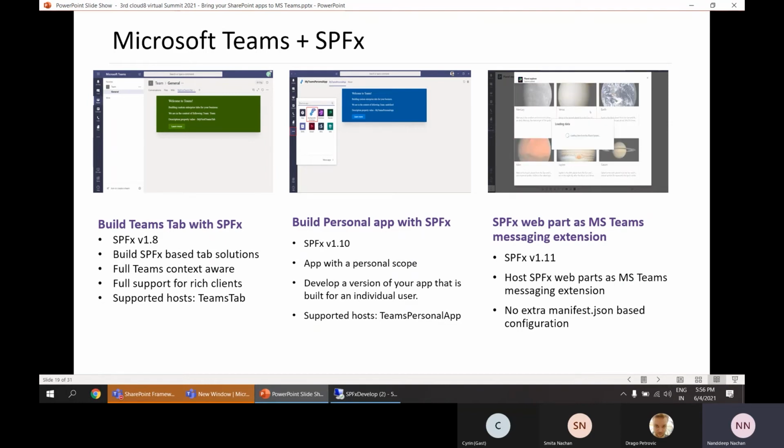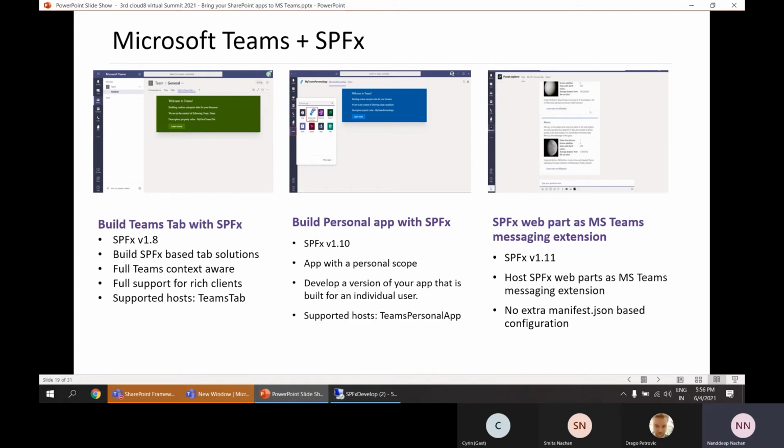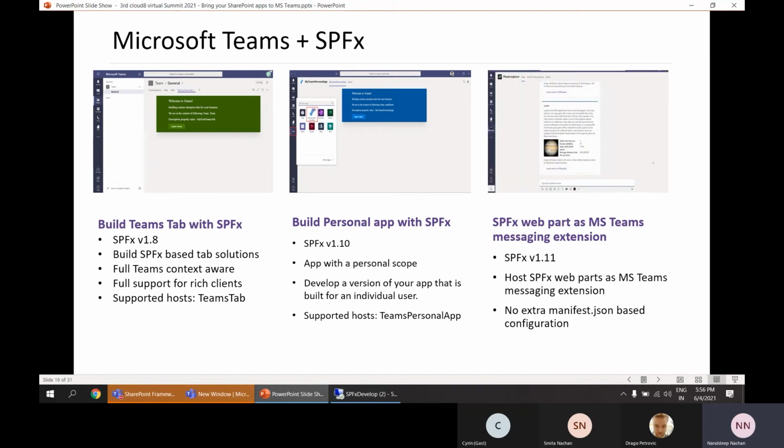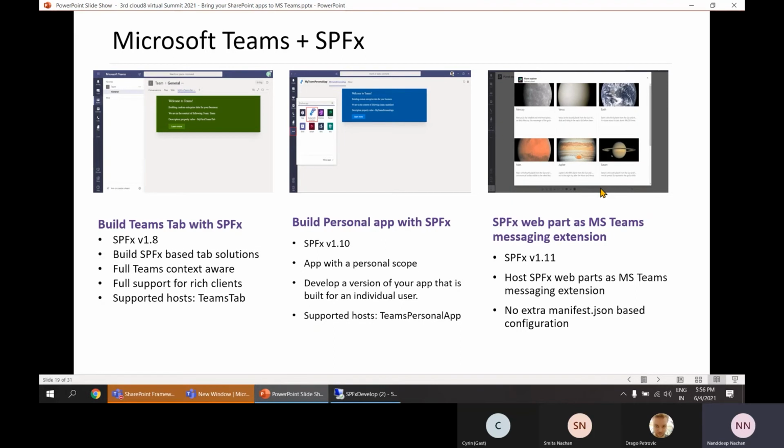So SharePoint Framework version 1.11 supports hosting our SPFx web part as a Microsoft Teams messaging extension. This offers more power to developers, so that now they can extend an SPFx web part to Microsoft Teams as a messaging extension. The messaging extensions are nothing but, if you see the bottom of this Microsoft Teams,